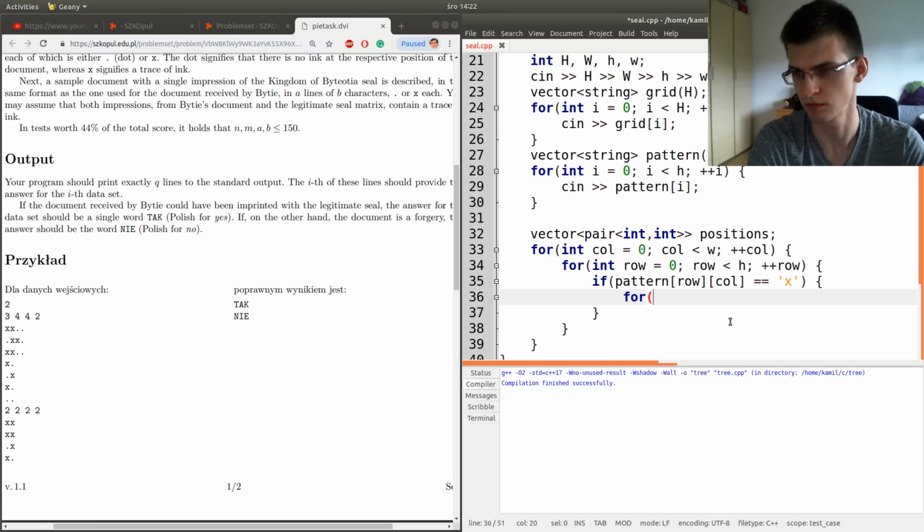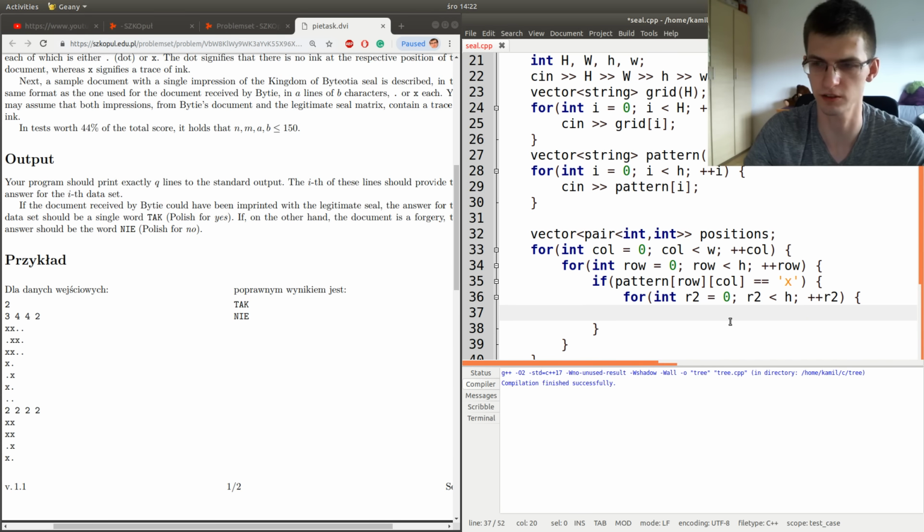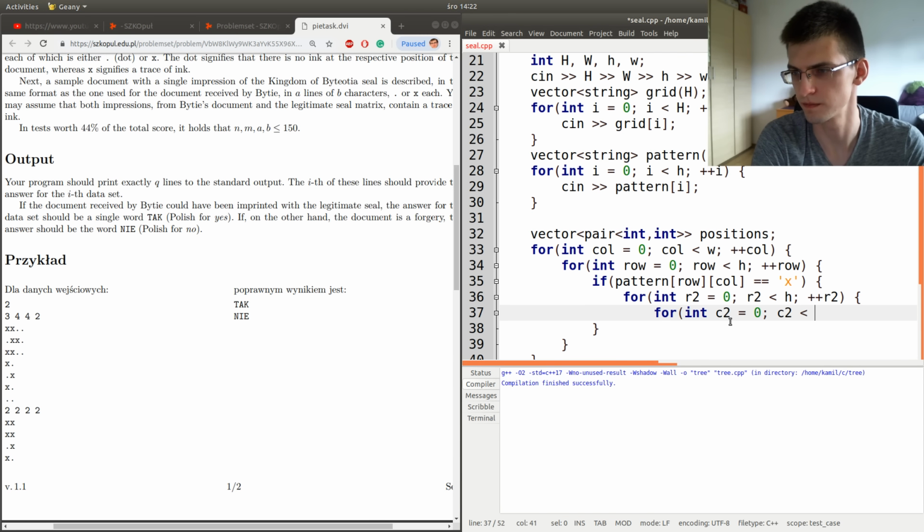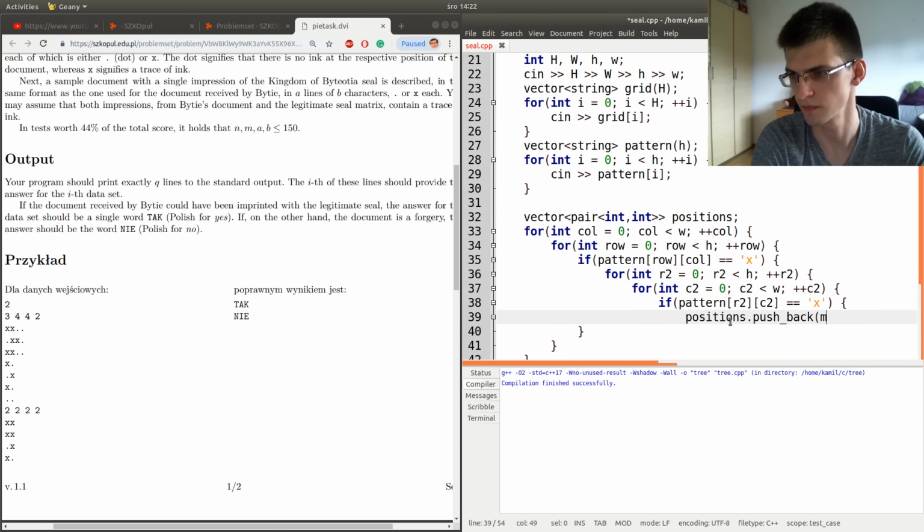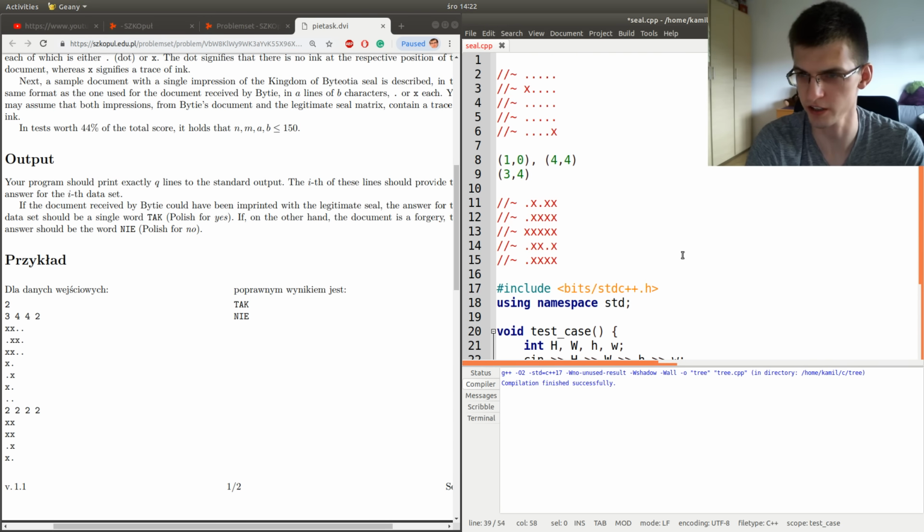So now I will iterate over all the cells. Let's say that R2 means like row of that other cell. And we add something with this subtraction.